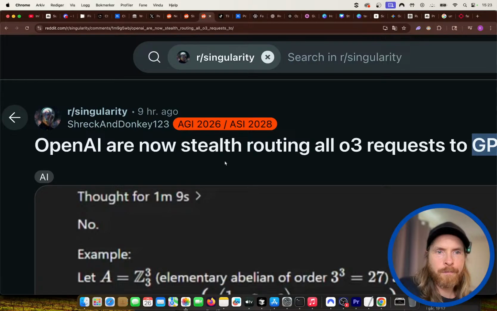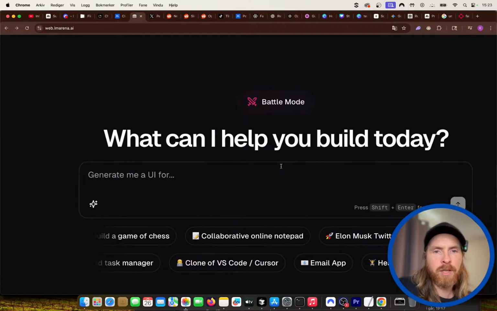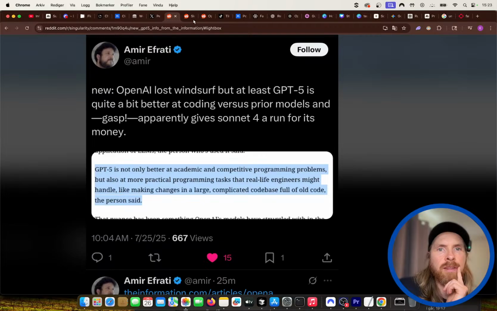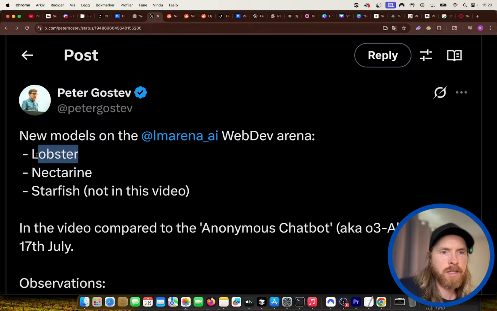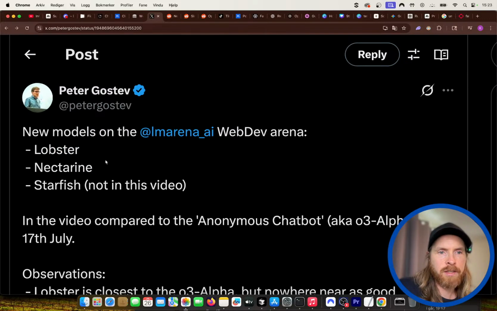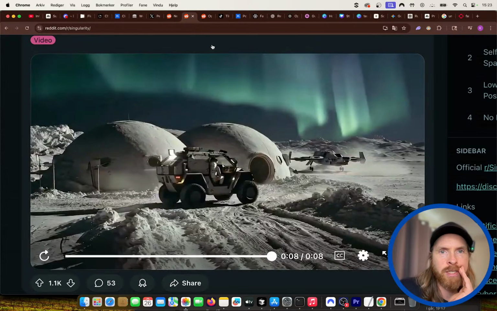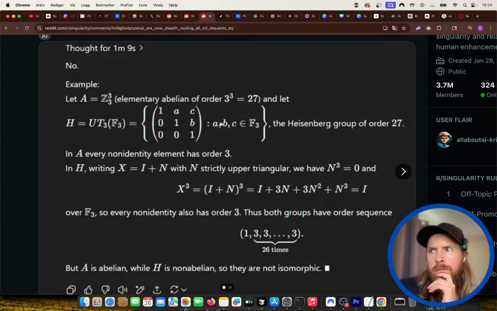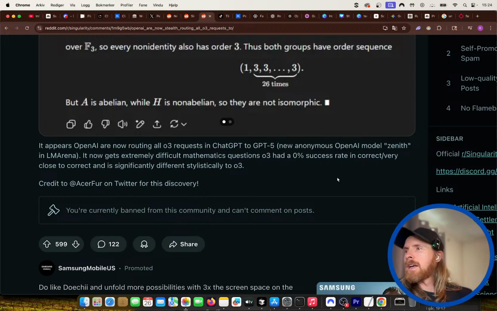So, like I said, today we had a look at LM Arena. We tried to create some different UIs to see if we could get the Lobster model from GPT-5. We got it one time, but it failed. We did not try the LM Arena one to try to get this.